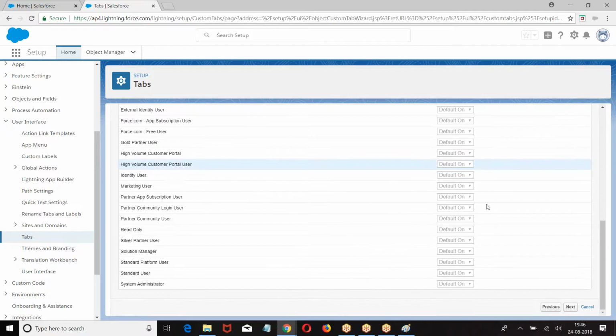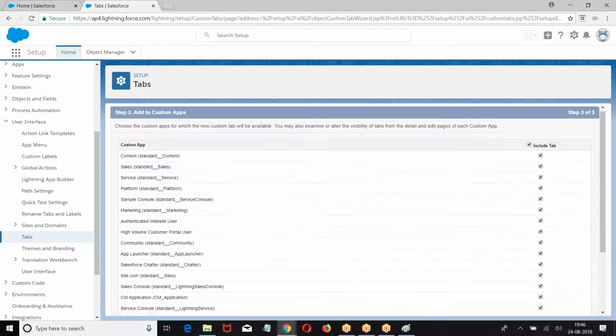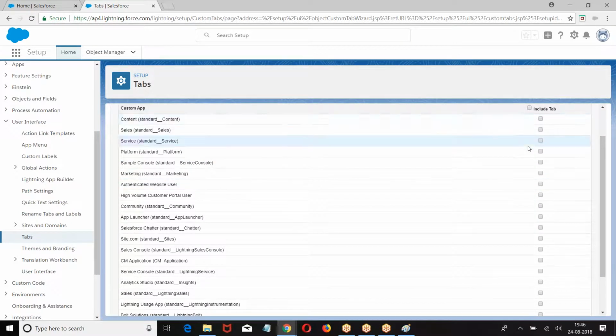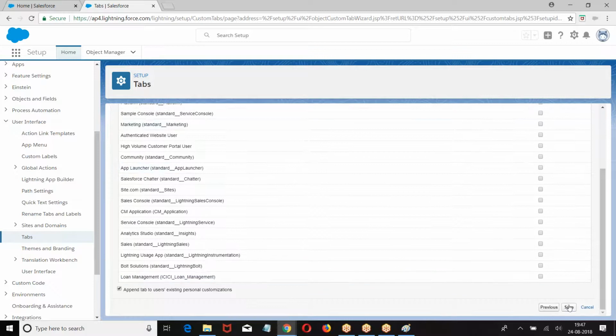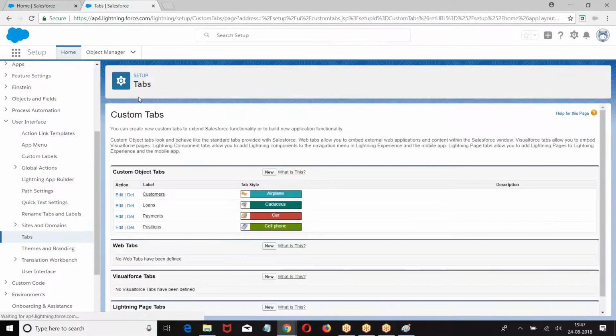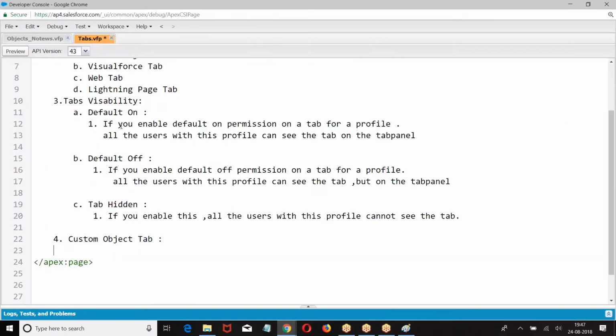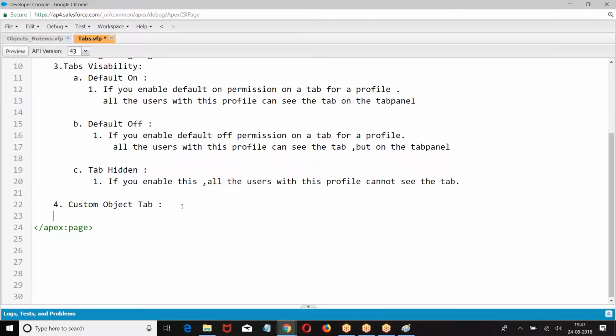Visibility. So only the navigation is changing. I hope you are good with this. So we are creating the tab. Let us go back. Custom object tab.